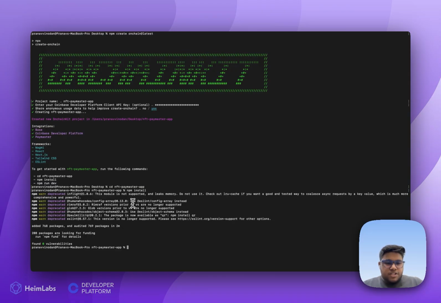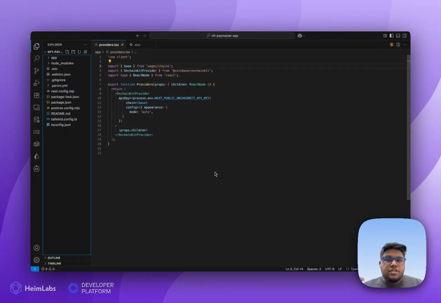So the dependency installation was done. Now we're done with the basic project configurations. Now we can move on to the code part and set up our app and see if it works or not. So now that we are done with the project setup, let's go through the project configurations and the file setup and see how they work.